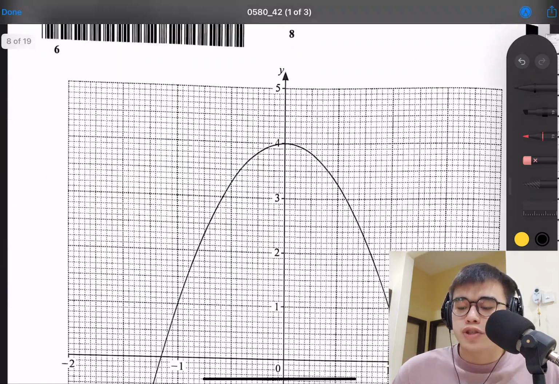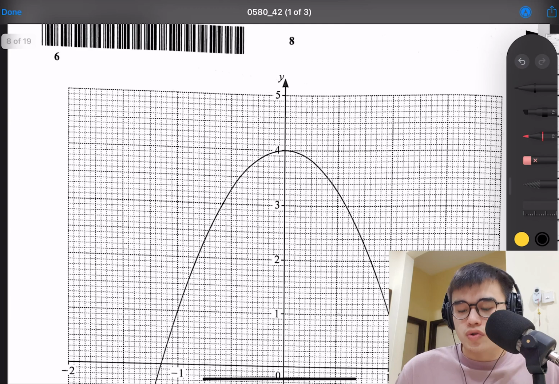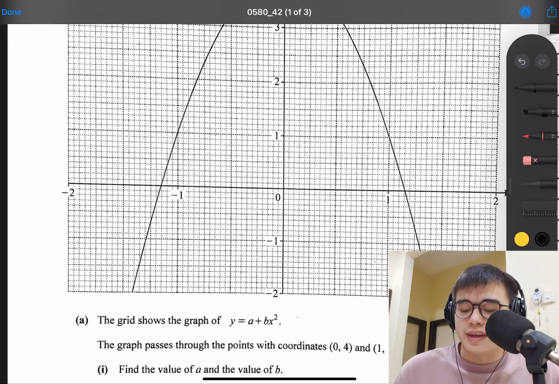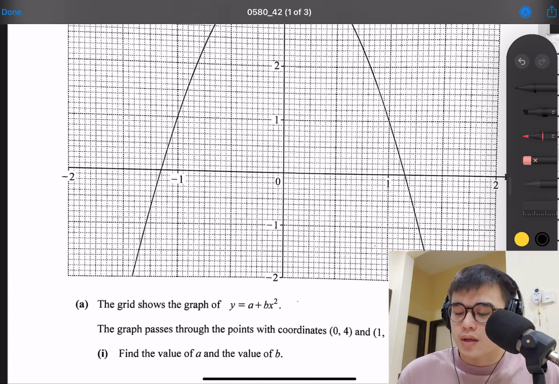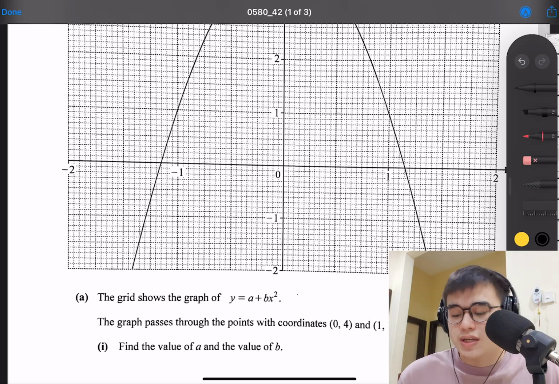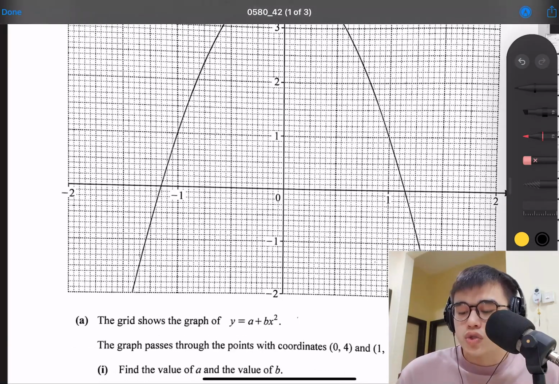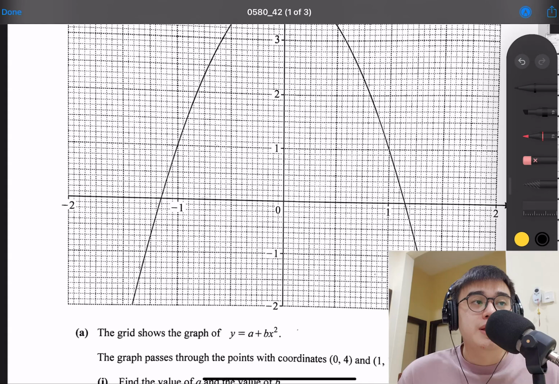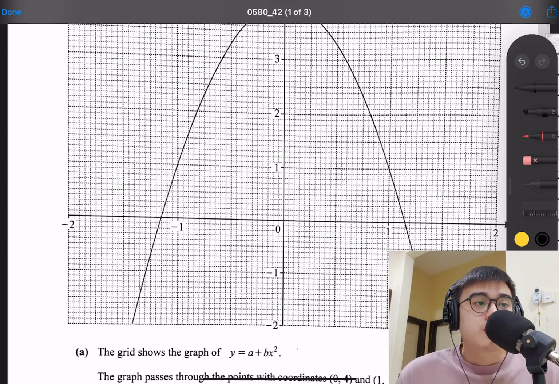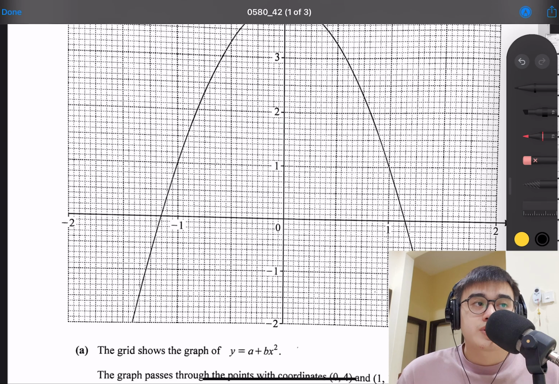Moving on, we have question 6. Okay, it's good to see the classic graph quadratic question is back again. And they want you to use the grid of the graph and shows this. So the first thing, a plus b x squared over there. They want you to find the values of a and b with the information given. So first things first,